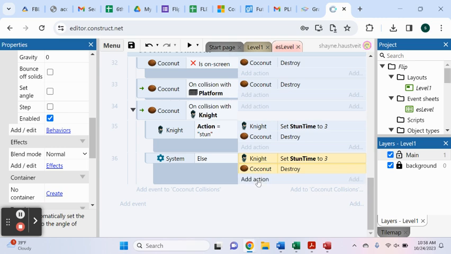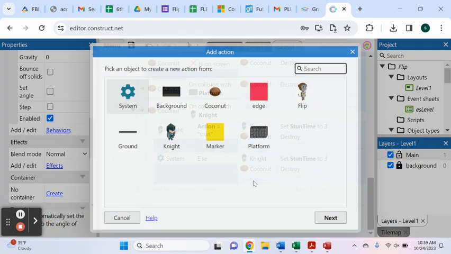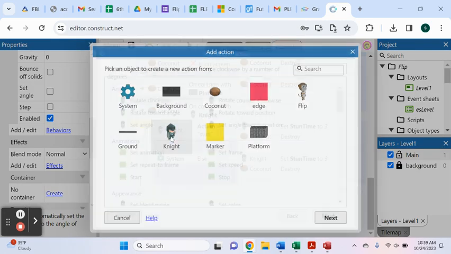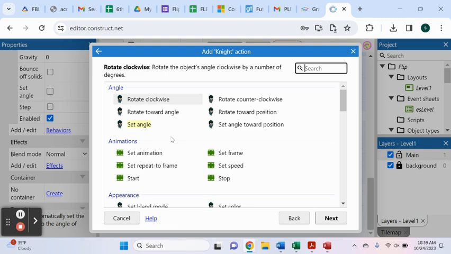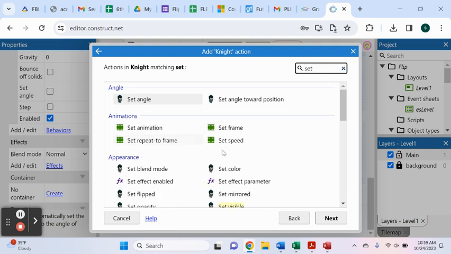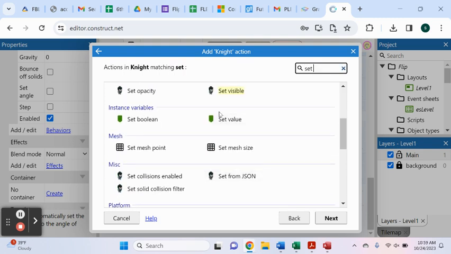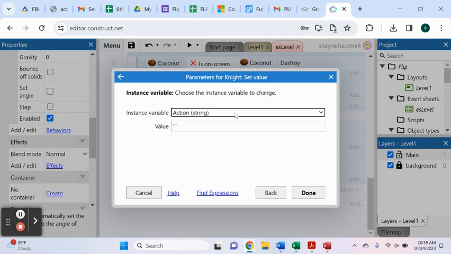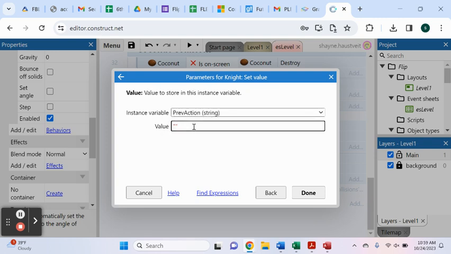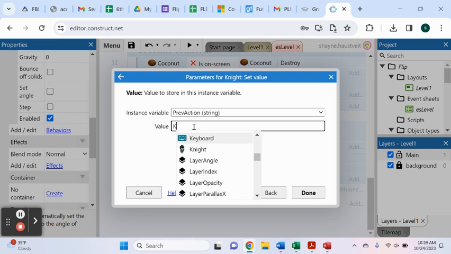Okay, we're going to add 2 more actions. So if he's walking, think of it that way. If the coconut collides and he's walking, with the stun time set to 3, we want the coconut image to go away. We want our knight, and here we're going to set a variable again. So if we go set value, and here we want the prev action, which means previous action. And here we're going to go knight